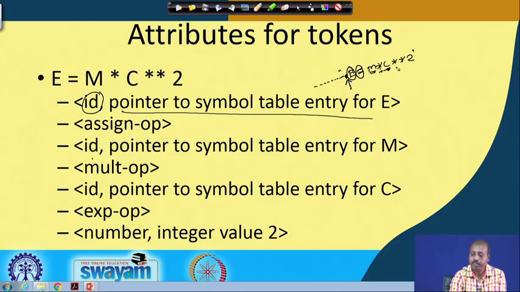Then it will find two stars, one star, two star. Here there is a confusion, because on getting one star earlier it returned the multiplication operator as the token, and here, on getting the first star itself, it could have returned the multiplication operator to the parser, but it does not do that.